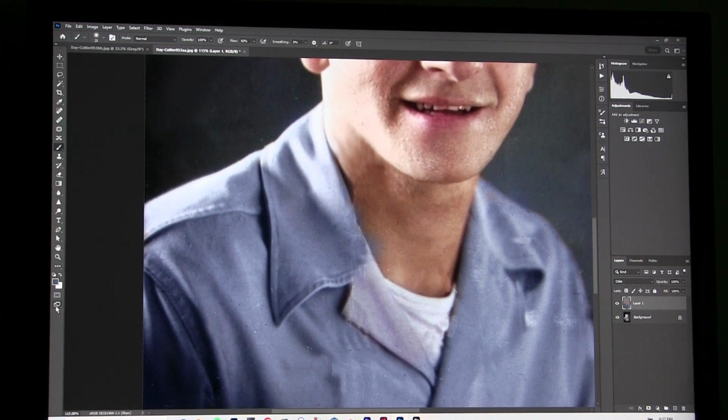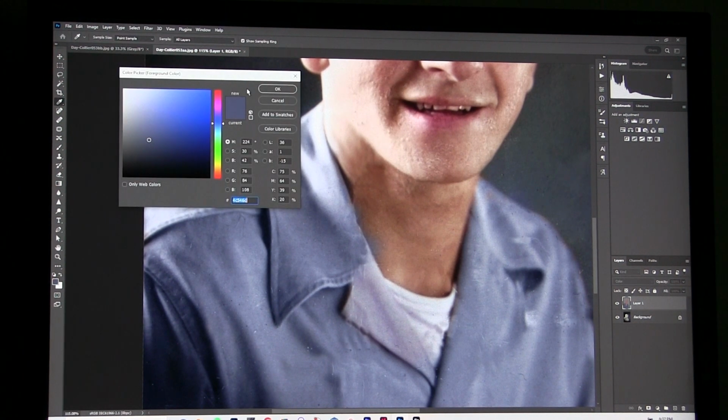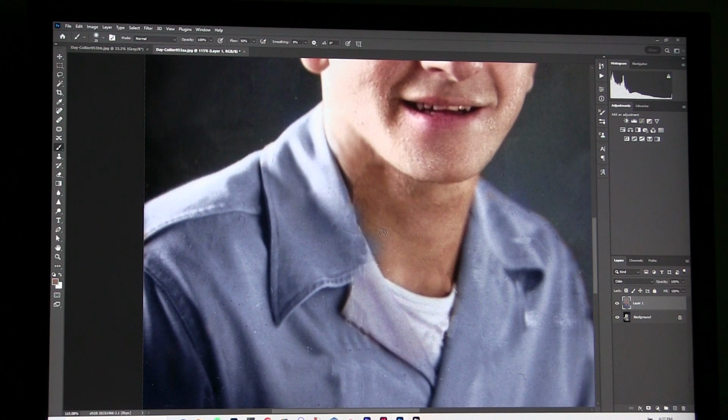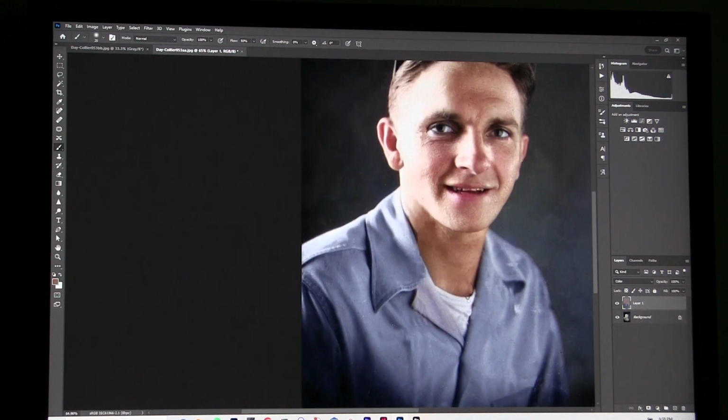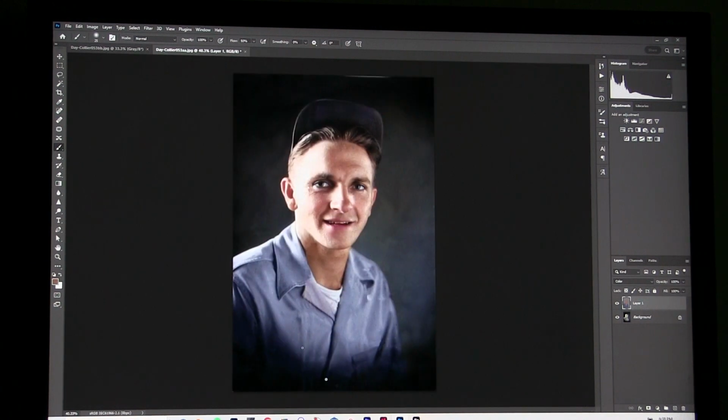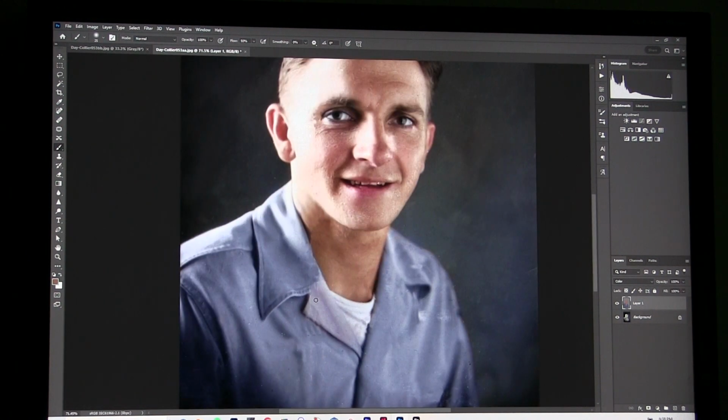Well, that's easy to fix, and you don't have to clone it. You go back over here, click there, and go up to your color picker again, and then you take your eyedropper on a skin tone there and say, okay, and then you can just go in here and cover that back up. You're not cloning, you're just recoloring is all you're doing there. So yeah, there you go. Now Uncle Stan's got, looks like,